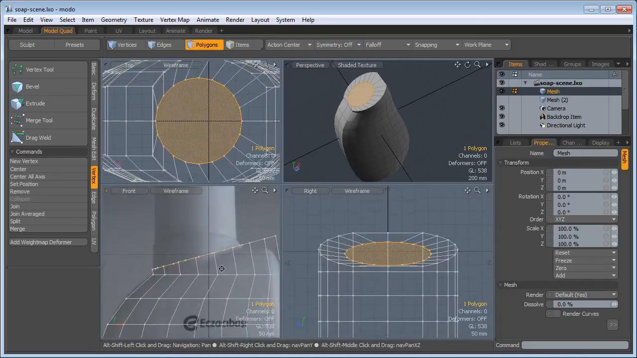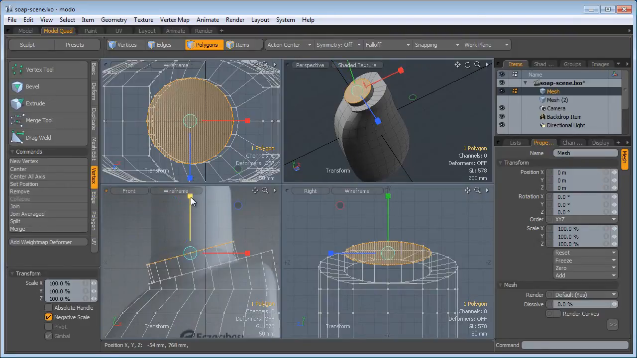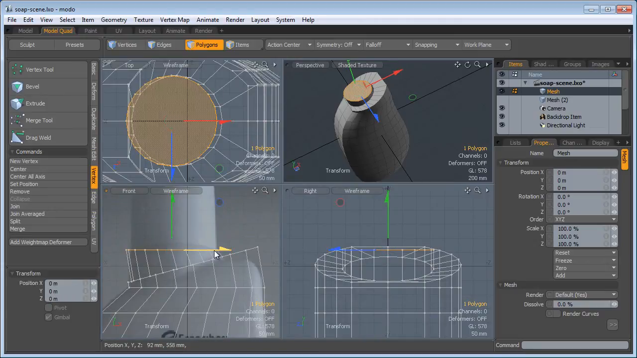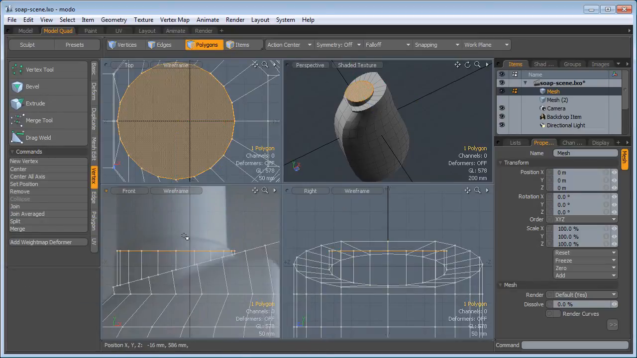Select this top poly, press B for bevel, bevel this up, and press R for scale. I want to flatten this polygon. I'm looking at the Y here. That's 0%, and then I'm going to press W, and I'm going to move this slightly. And I'm going to push this down right there. Drop the tool, press B for bevel,